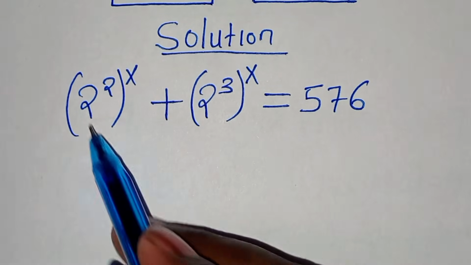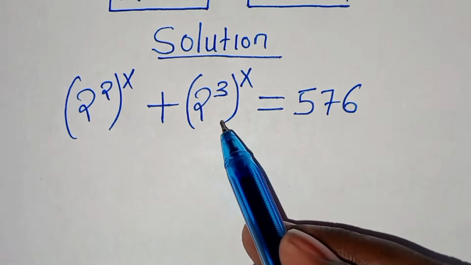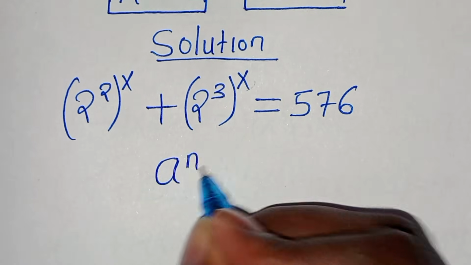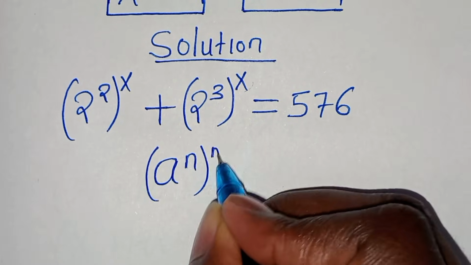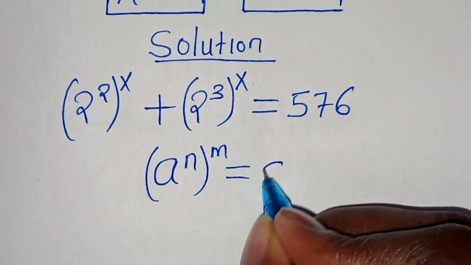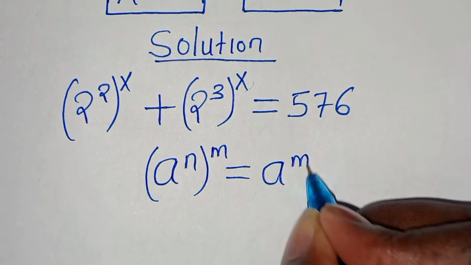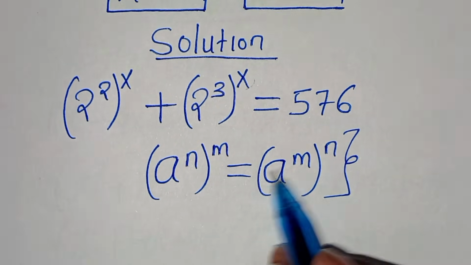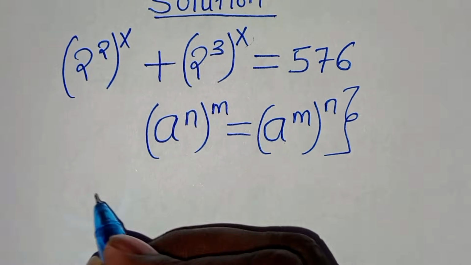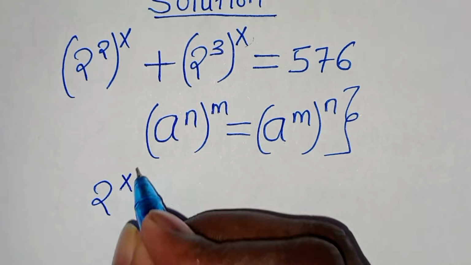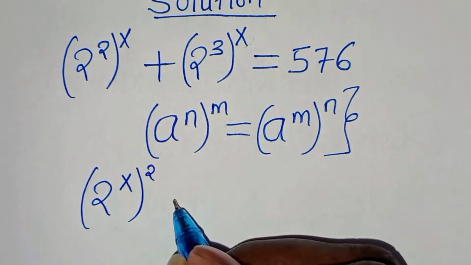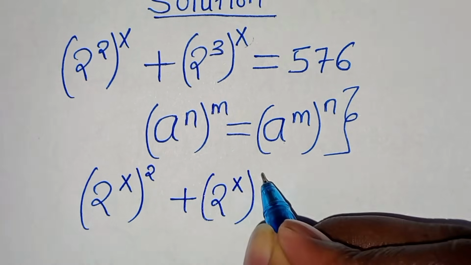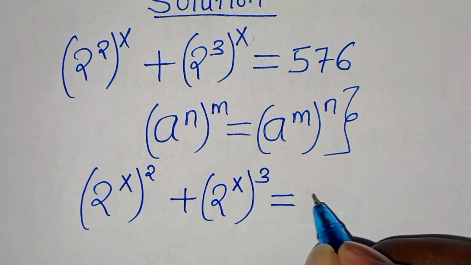The next step is that 2 to the power of 2 to the power of x and 2 to the power of 3 to the power of x. This is in the form of a to the power of n raised to the power of m, which we can express as a to the power of m raised to the power of n. Applying this exponent property, then we have 2 to the power of x raised to the power of 2, then plus 2 to the power of x raised to the power of 3. This is equal to